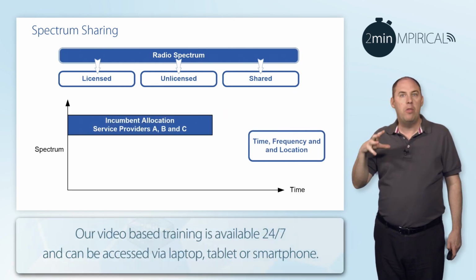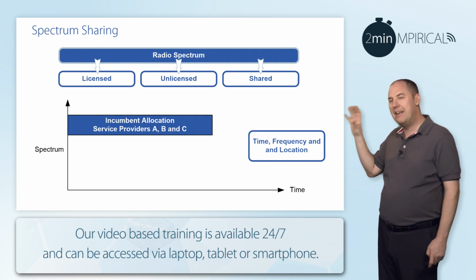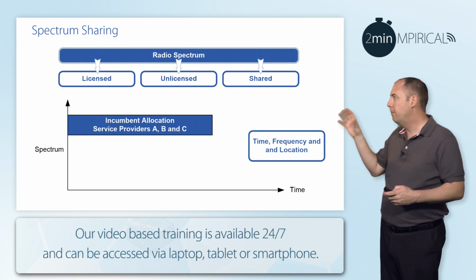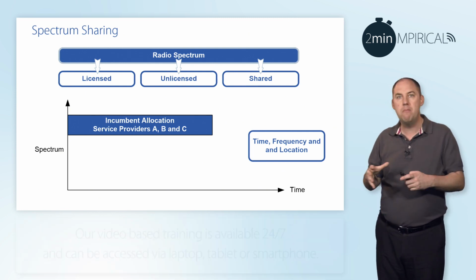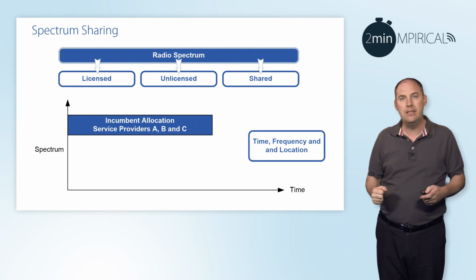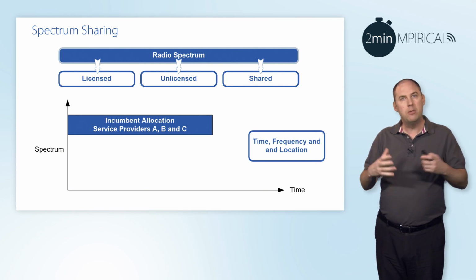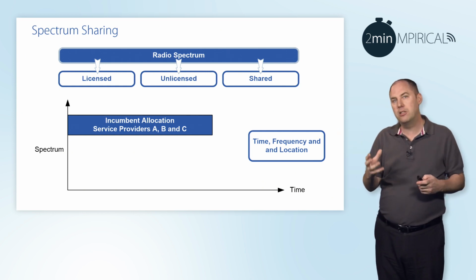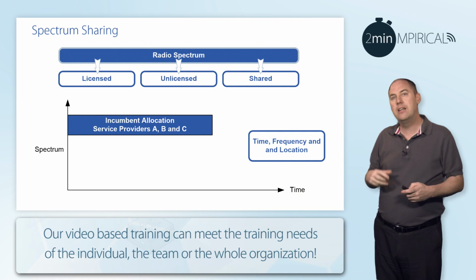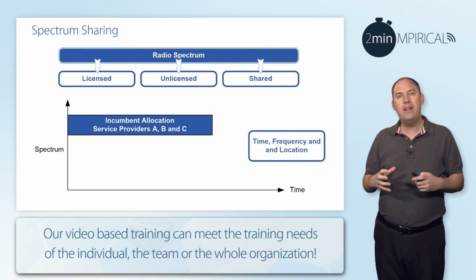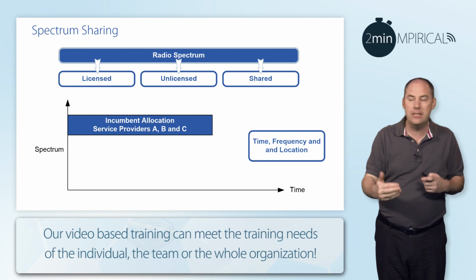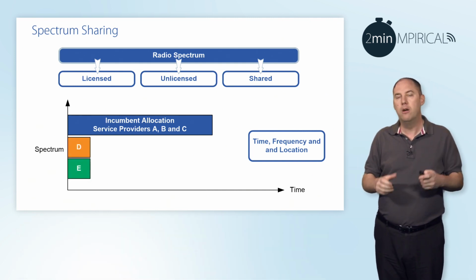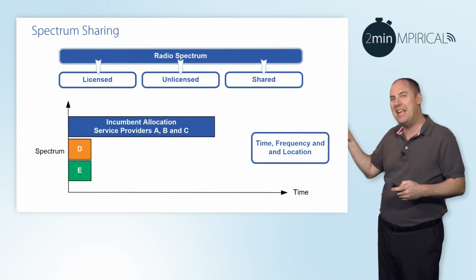So given that we will possibly have some licensed spectrum already in place, so that would be like an incumbent provider. So for example, providers A, B and C might have some allocation lasting 20 years, for example. But then we have some new spectrum coming along, and the local government looking after that spectral allocation decides that new entrants can come along, but rather than give them a license that lasts 20 years, what we can do is say, well, you can use this portion of the spectrum for a short period of time. And I've got D and E operating.